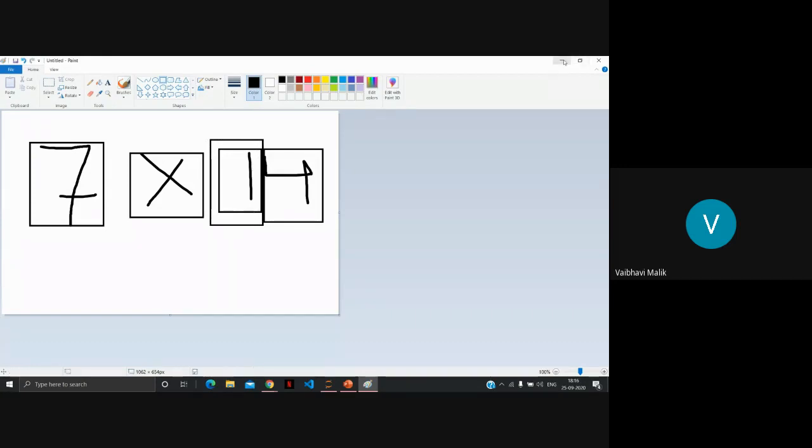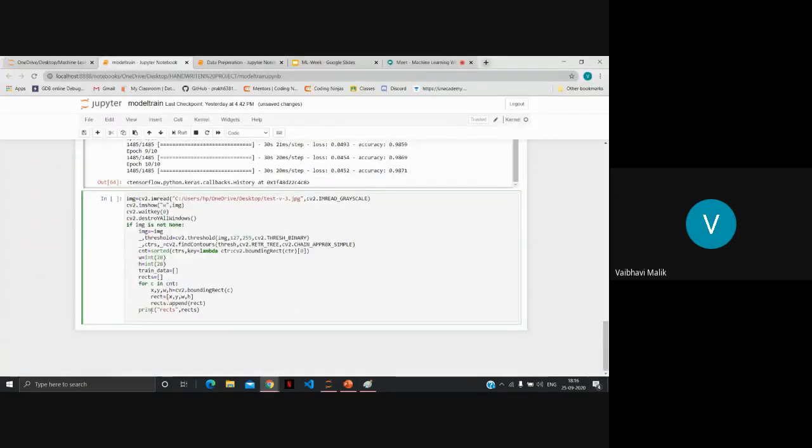So for that we will create functions. Here we will create a bool rectangle array which will store whether the rectangle we are going to use is valid or not. We have to store that rectangle or not. We will create a bool rectangle array. We will traverse in all the rectangles that we have.